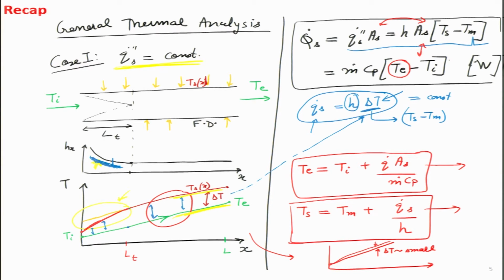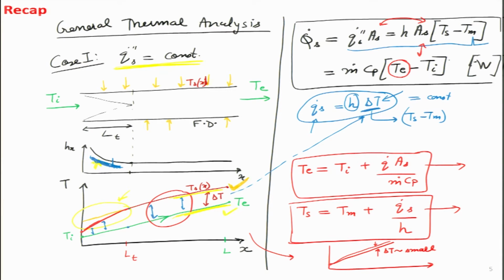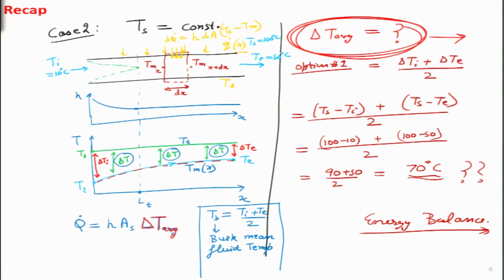If you look back at what we had covered yesterday, we had done the general thermal analysis for both cases 1 and 2, and they have helped us figure out that in case 1, where the constant heat flux case is there, the slope for both these curves remains linear. So, if I can use a darker ink over here, I can show with orange that the curves for Ts as a function of x as well as Tm as a function of x both retain a linear slope, and as a matter of fact their gradient term will turn out to be a constant.